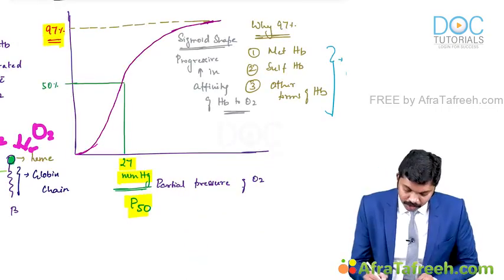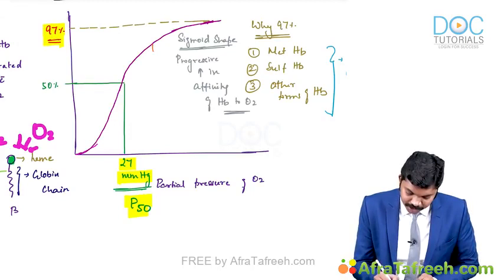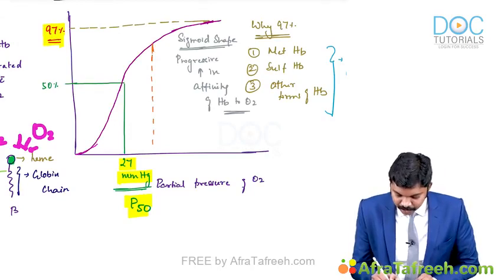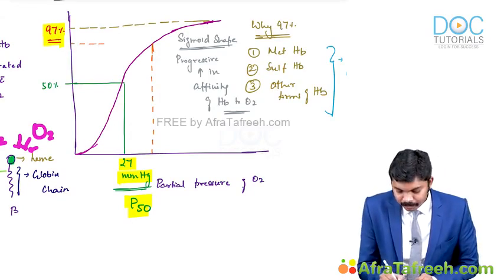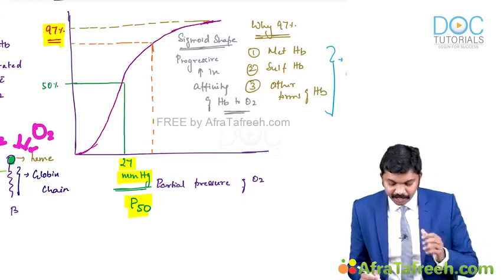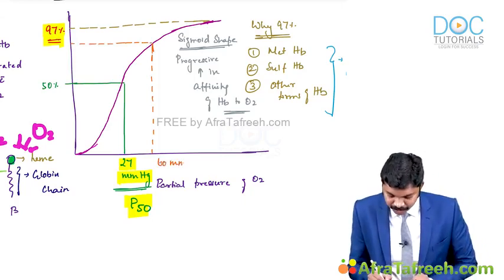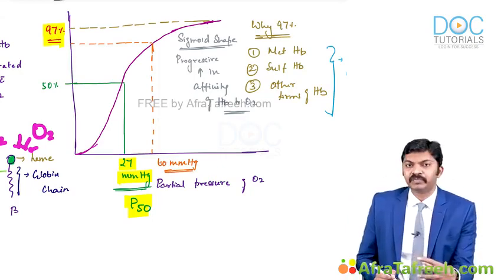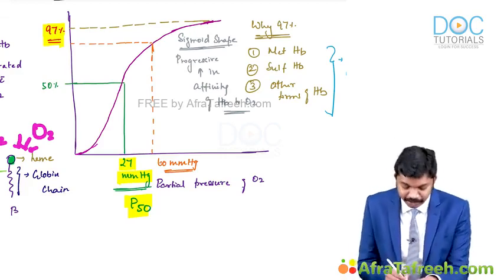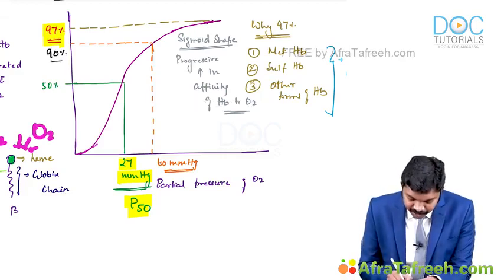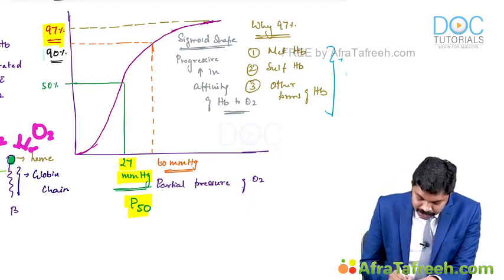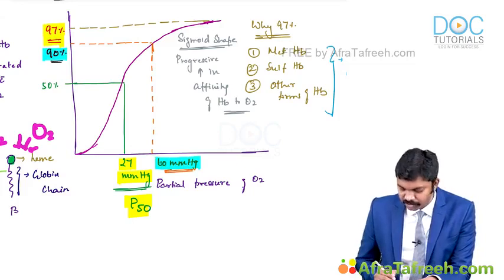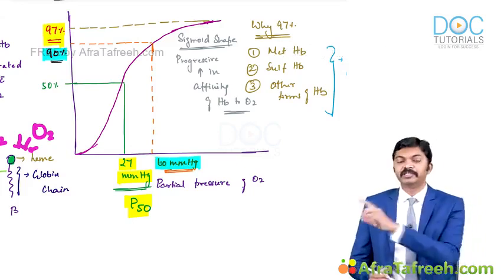Now if you look at the point where the curve is about to get flat, say, for example, this is the region where the curve is about to flatten. Till then there is going to be a sharp rise in the curve. The partial pressure of oxygen seen at the point of flattening of the curve will be just 60 millimeters of mercury. Till the partial pressure of oxygen in arterial blood falls to 60 millimeters of mercury, literally 90% of hemoglobin will be saturated. So at 60 millimeters of mercury partial pressure of oxygen in arterial blood, we will have 90% of hemoglobin